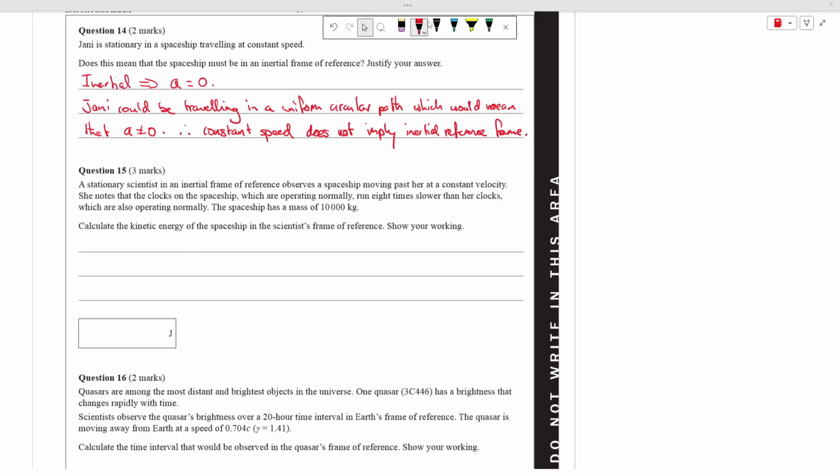Okay, so let's set it up like this. Just ask yourself the question: how much of my own time does it take for the other person's time to tick 1 second? Your clock would take 8 seconds for every 1 second that ticks on the spaceship's clock,